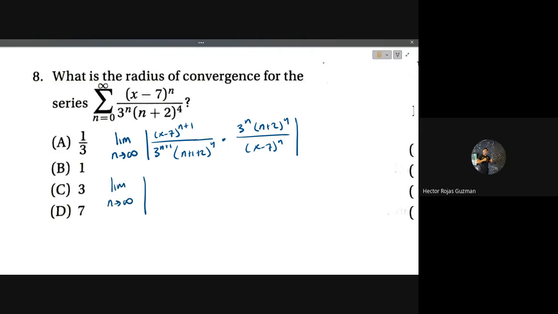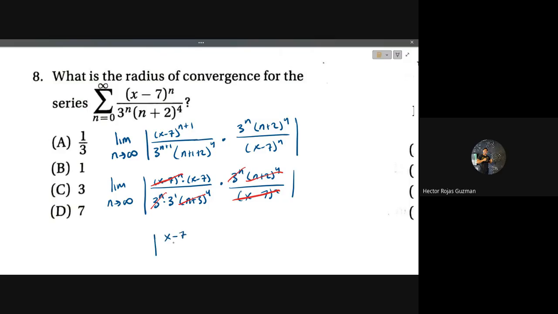Okay, so now let's go ahead and split up the powers. x minus 7 to the power of n times x minus 7 to the power of 1, 3 to the power of n times 3 to the power of 1. Then we have n plus 3 to the power of 4, and then everything else stays the same. Let's see what's going to cancel off. This guy with this guy. This with this. And technically, once I take the limit as n approaches infinity, technically this with this, leaving me with the absolute